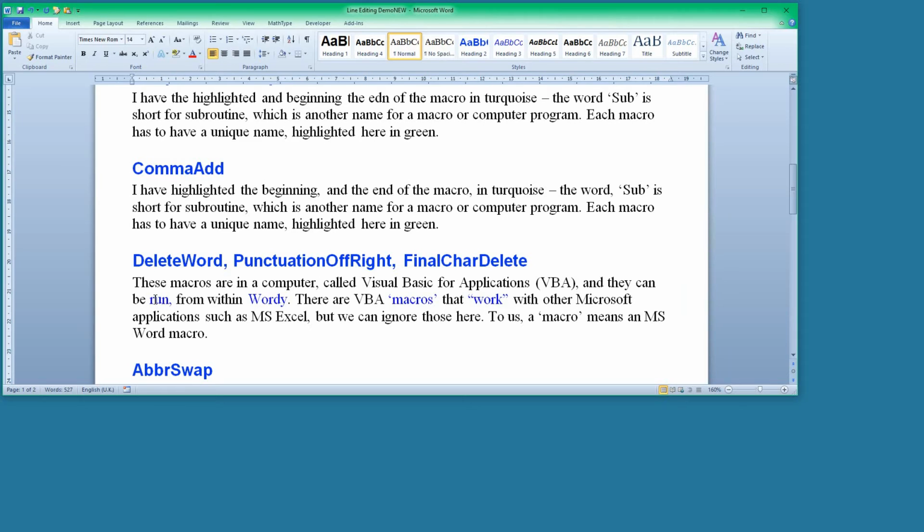Then punctuation off right. So that's if you want to get rid of a comma, so you click somewhere in the word and run punctuation off right, and it takes that out. Then delete final